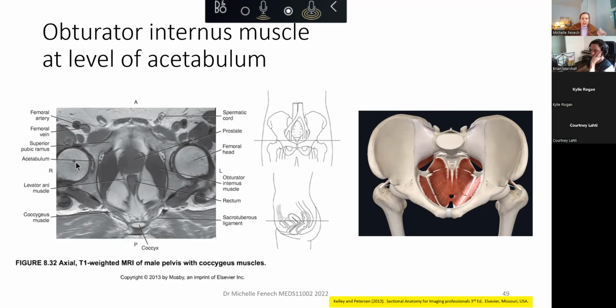So you can see the femur and you can see the acetabulum, and then you move immediately medial to the acetabulum, and what do we see? The obturator internus, right and the left obturator internus muscle. So do you see how learning anatomy is a bit like pattern recognition? At that level, when I'm looking at this structure and medial to this bone on the inner lining of the pelvis, I'm going to see